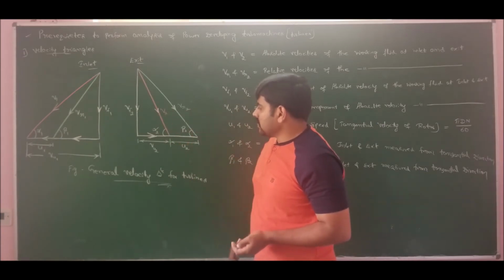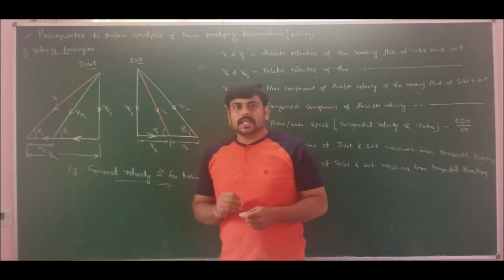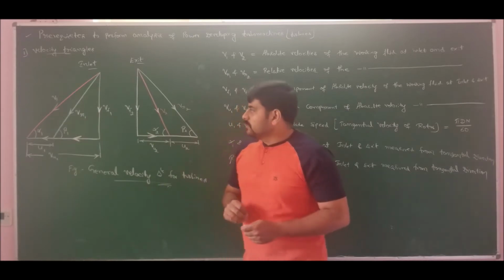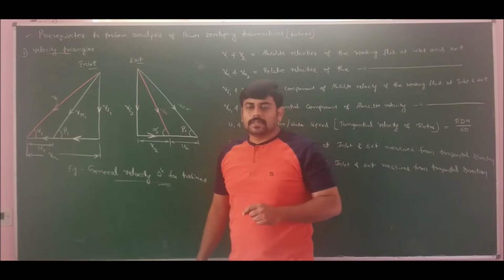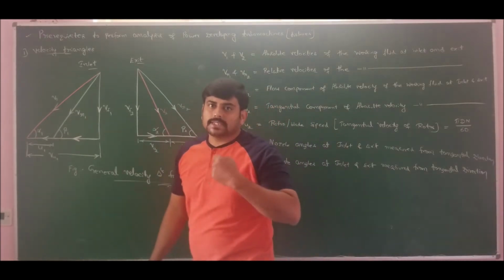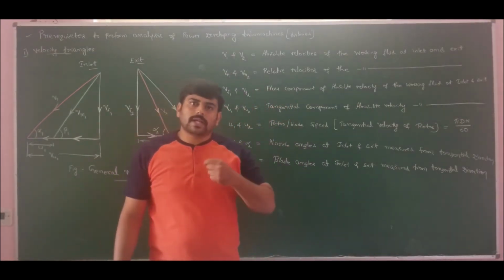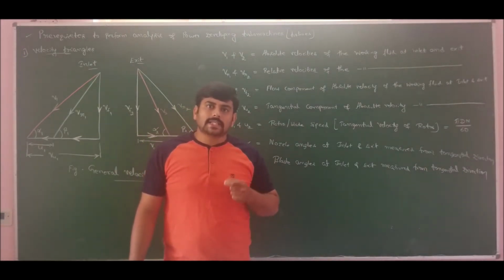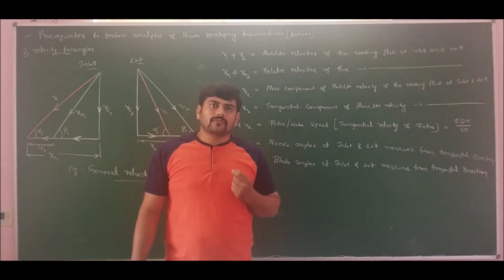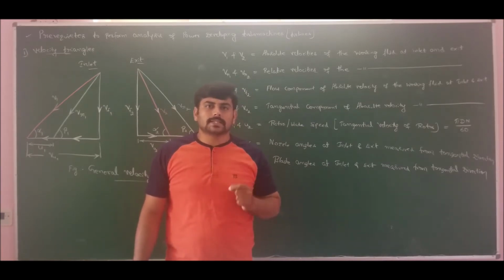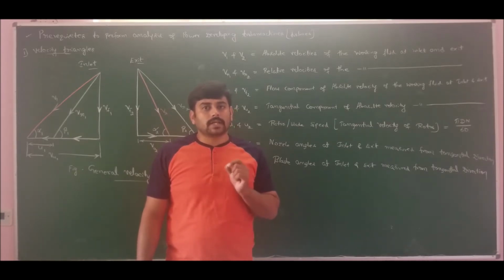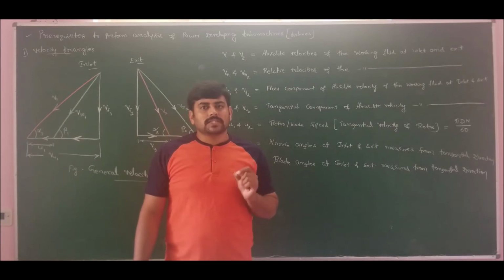So if you know the general velocity triangle properly, now based on the conditions we can alter it. And one more important concept is that the flow component of absolute velocity is nothing but the axial component for axial flow machines, and the radial component for radial flow machines. If I analyze axial flow turbines, then Vf is nothing but Va, and we take the meridional or radial component as 0. If I analyze radial flow turbines, then Vf is equal to Vm and Va will become 0.